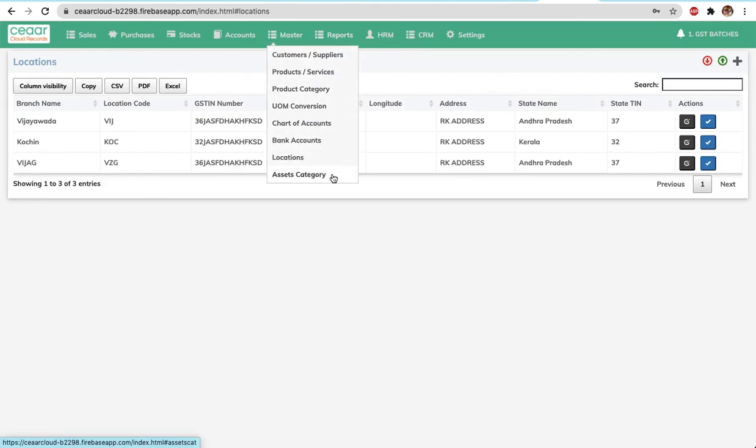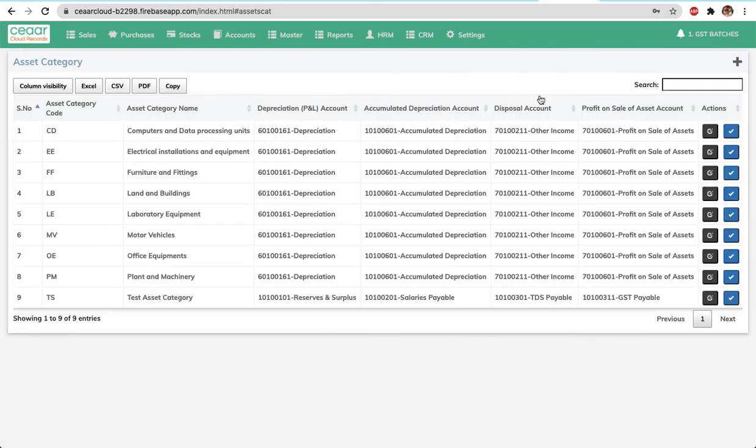And then asset category. If you are using the fixed assets module, then these are all the asset categories, and these accounts have to be changed as per the practice of the company.